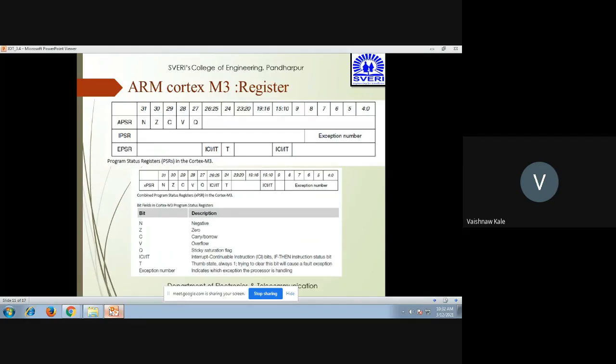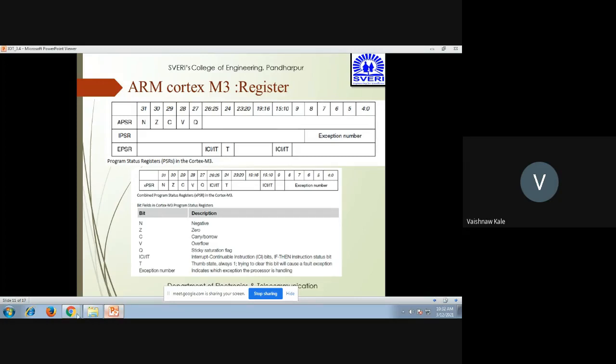Now, in a little more detail. The APSR, IPSR and EPSR can be executed individually. APSR uses the register bit numbers from 27 to 31.